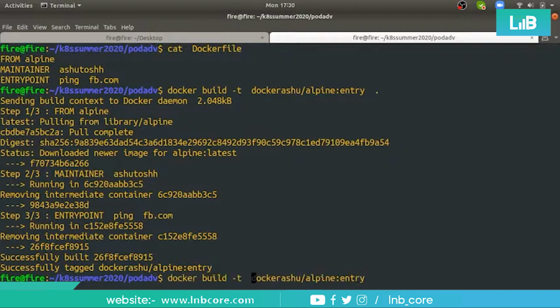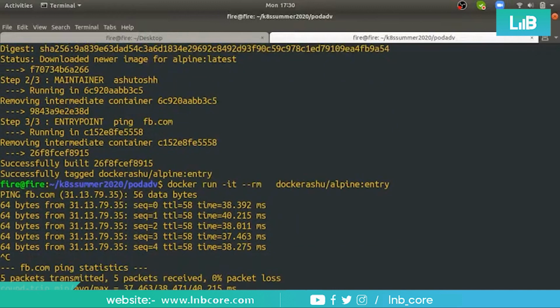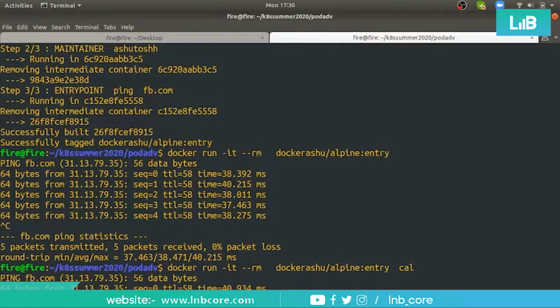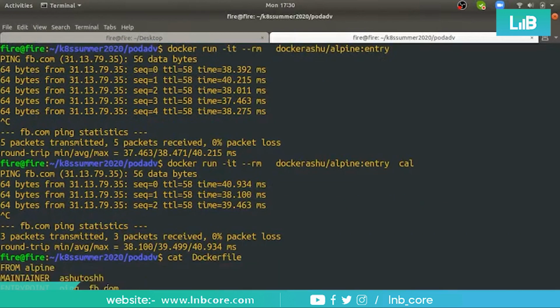What if I do docker run -it --rm? You know that it is going to ping facebook.com. And I hope you also understand, even if I write something else, let's say the cat command, it is not going to be replaced, because with ENTRYPOINT, whatever you write at the end cannot replace it.